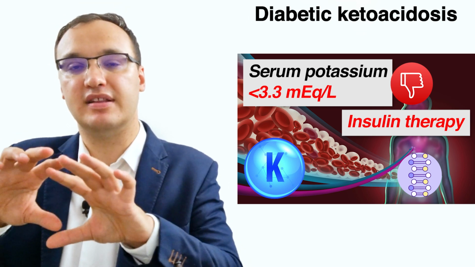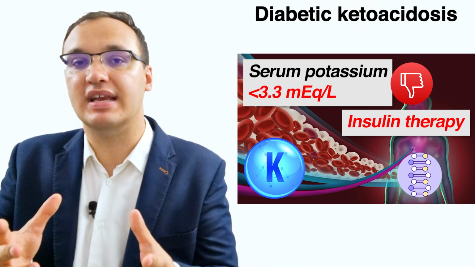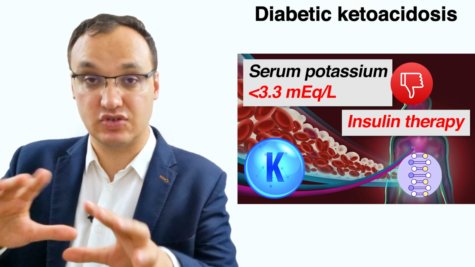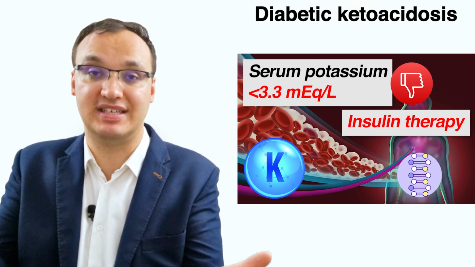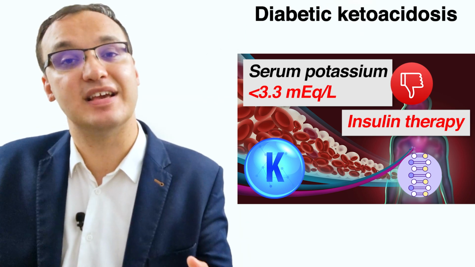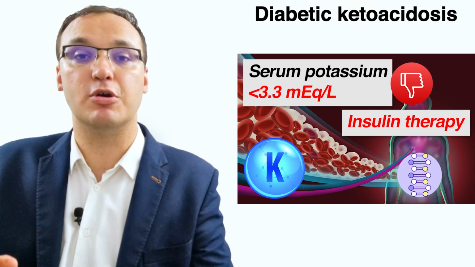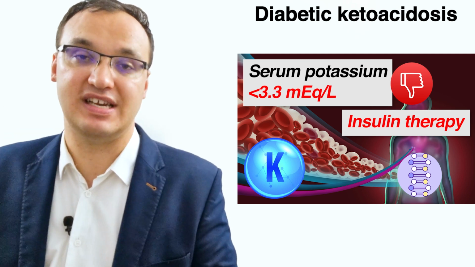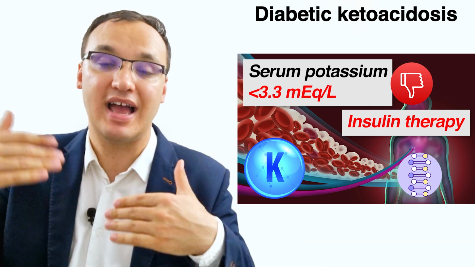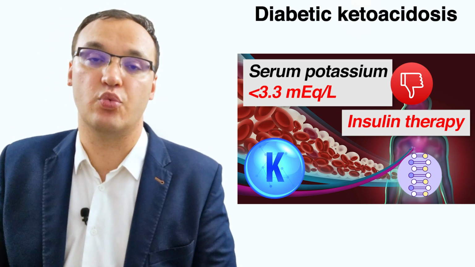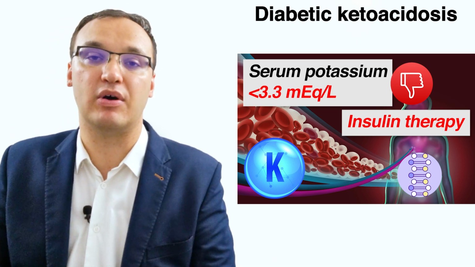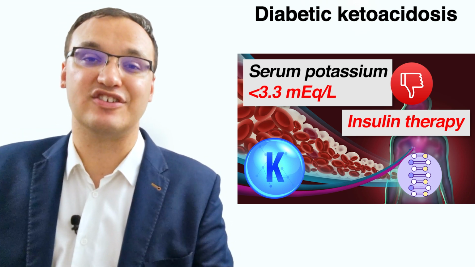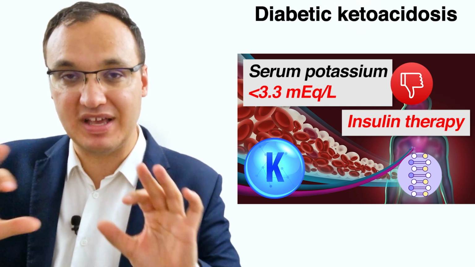So I think the main parts that I'm saying here need to be checked in Google and checked with my other videos, and then you will understand what I mean. It's a global picture, because I'm assuming that you understand what I'm saying, that please give potassium and fluid to a patient who has a potassium level of less than 3.3. I'm assuming that, but I realize now that we need to be careful when we talk about that, and I don't explain it in a very understandable way. So to make things clear now,